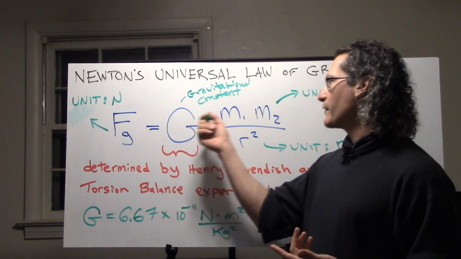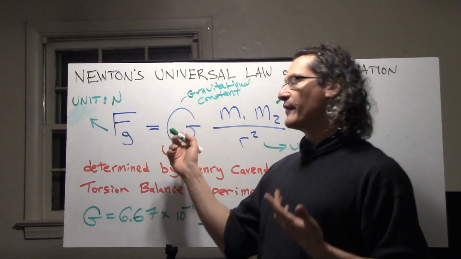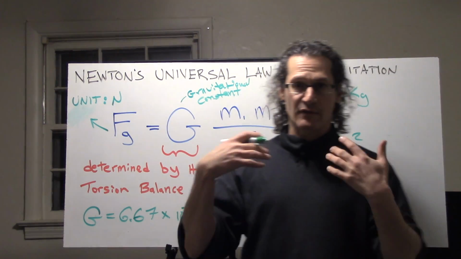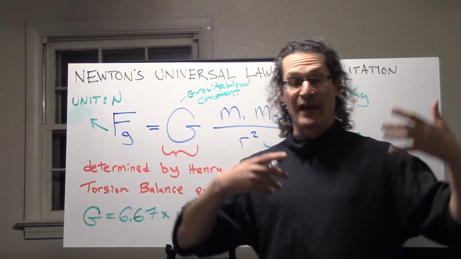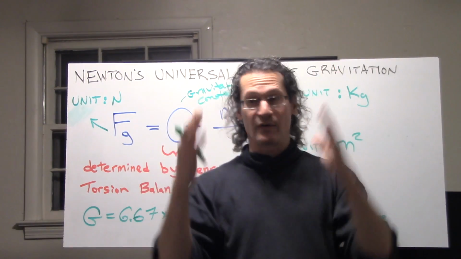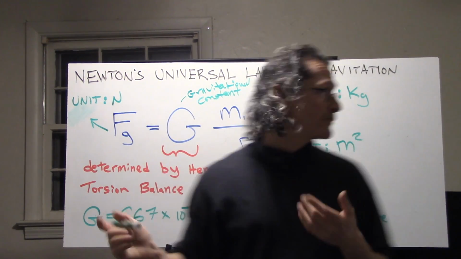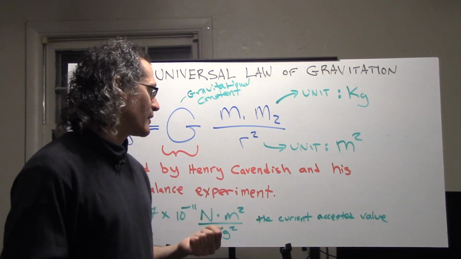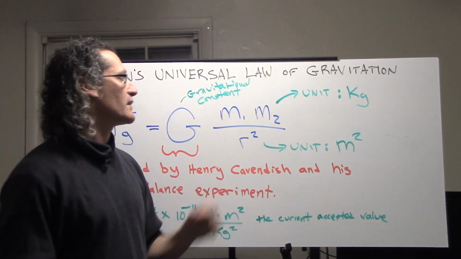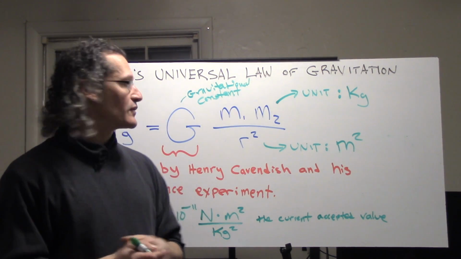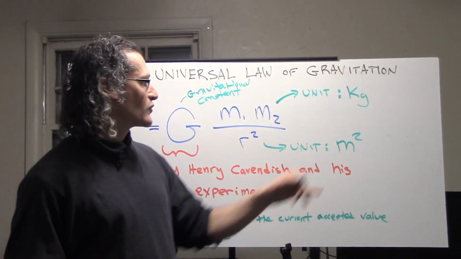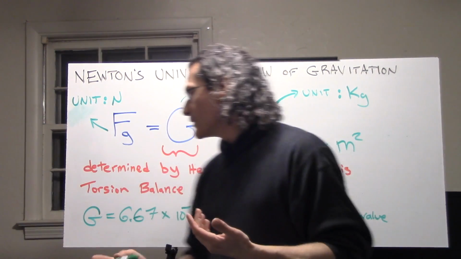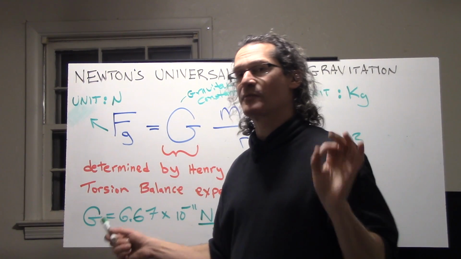So you have G in front of M1, M2, and R squared. Now, after you have this number G, you are able to then calculate using units that we're familiar with. For example, you would expect that the force would be represented in the unit of newtons, and it is with this G. And mass is measured in the unit of kilograms. And the unit of distance here, this radius, the distance between the two objects, is meters squared, because it's a squared value over here. All right? And so with this study and the experiment, you determine that G has a specific value.